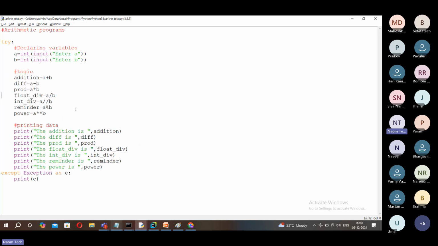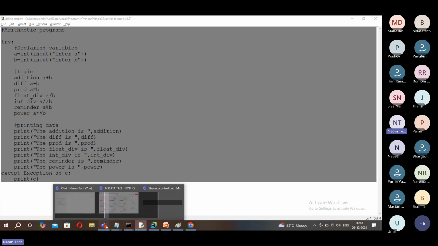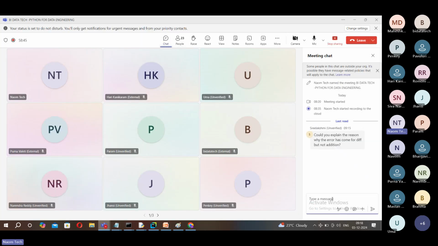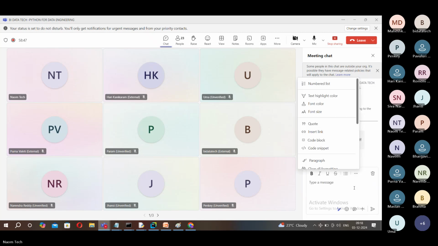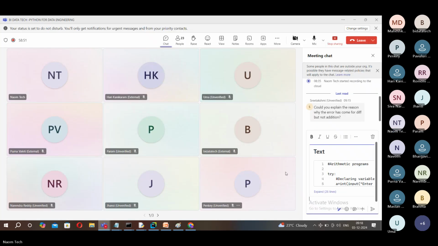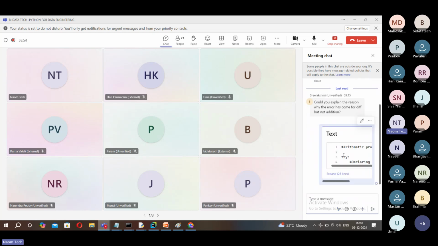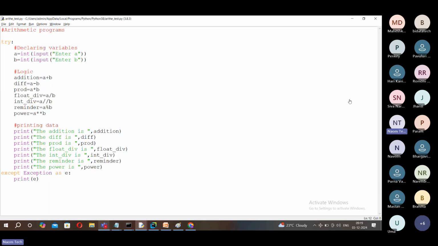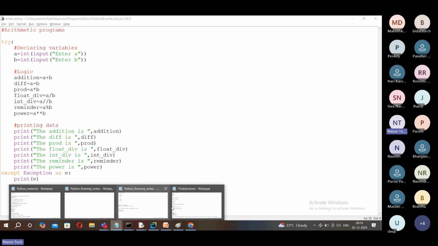So this is all about it. If you want this program, I can share it in the chat. I can also keep sharing this here. Let me share it with you. We have scope 2, you got that here. See there, friends, you received the code in the chat box. If you want, copy that for reference. Okay, next one after this. So we are done with the arithmetic operators. Next, go to the next one, which is